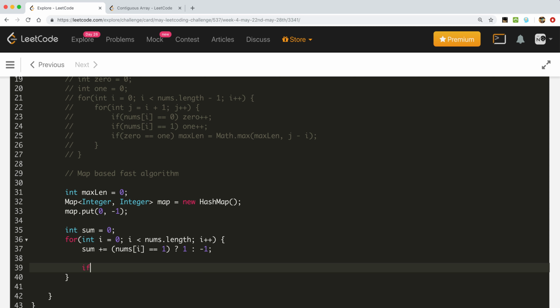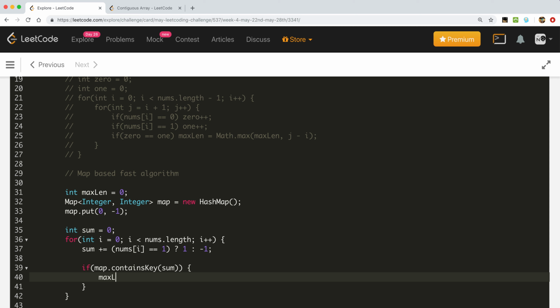Then we will check if the map contains the key for the current sum. We will simply get that index and subtract it from the current index. Max length is equal to Math.max of max len comma the current index i minus map.get(sum).